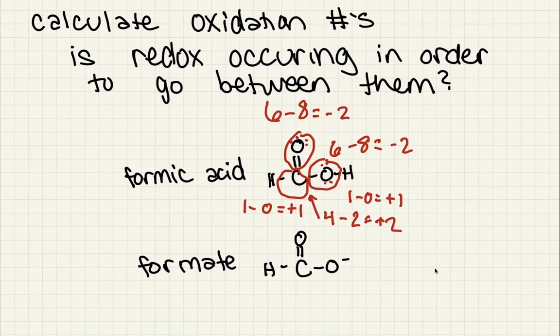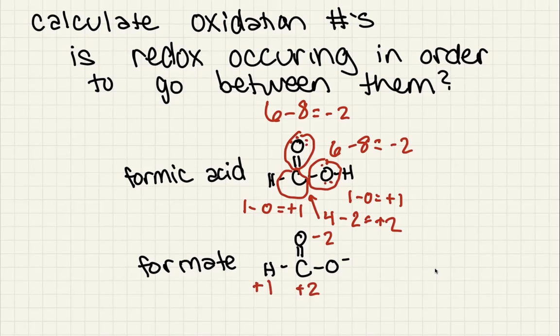Now let's think about formate. In this case, this oxygen is the same situation. We'd still have a -2. What about this carbon? It's in the same situation, so it's still going to have a +2. This hydrogen, it's in the same situation. It's going to have a +1. And the only thing that really changed is going to be this oxygen over here, which no longer has a